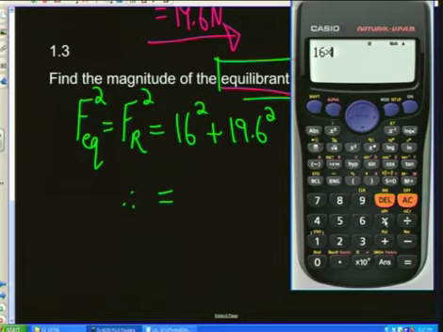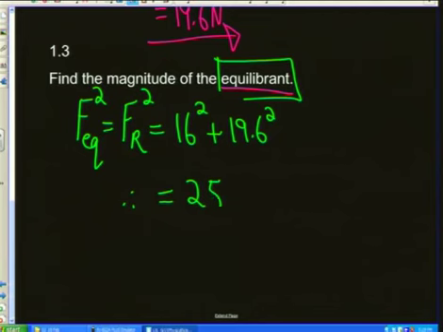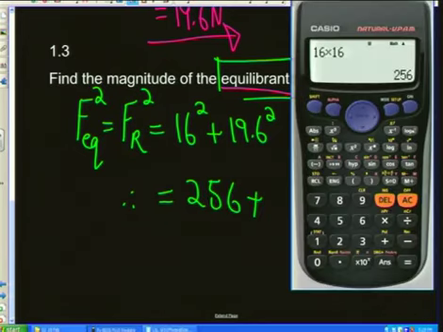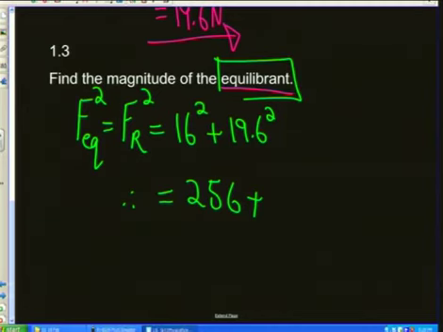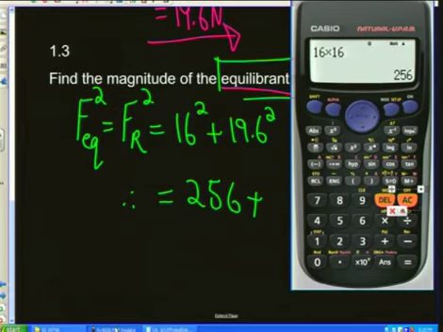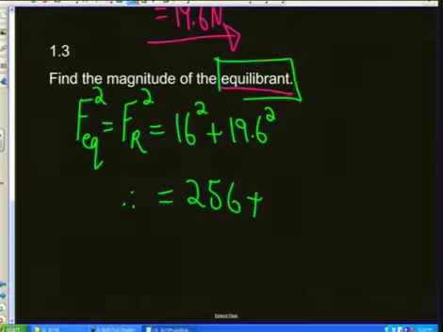So 16 times 16 there. You can get your answer to be 256. All right. So this is 256 plus. Work it out again. You work out this one here. 19.6 times 19.6. What do you get? You get 384.16, so that's what we get,